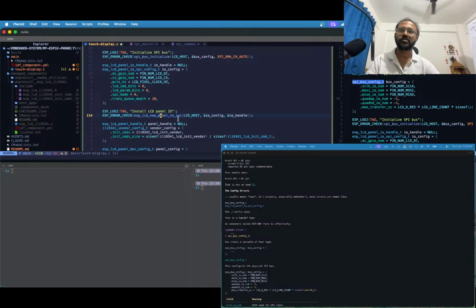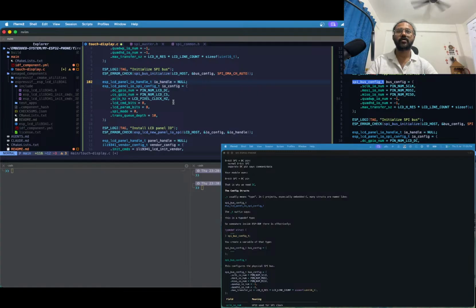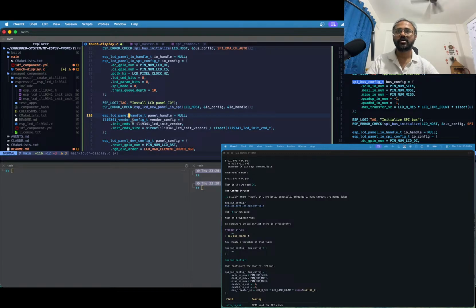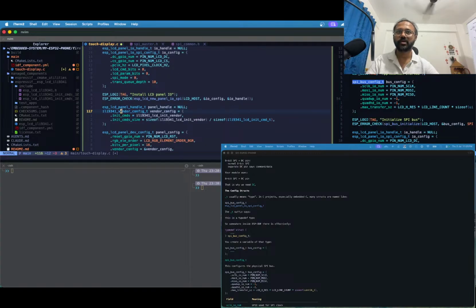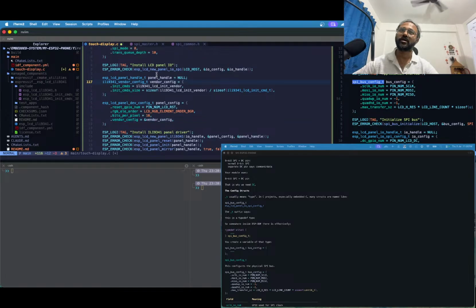ESP LCD new panel IO SPI, इसको हमने दिया this is IO config and IO handle, ESP LCD new panel, okay। तो ये जो कॉन्फ़िगरेशन है इसका हैंडलर है ये, ओके। फिर हमने बनाया है LCD पैनल हैंडल। माय गॉड, देयर सो मेनी थिंग्स हैपनिंग। इसको बोल दिया हमने वेंडर कॉन्फ़िग, एंड देन वी हैव डेव कॉन्फ़िग। इसमें क्या लिखा है हमने? रीसेट पिन, एलिमेंट अलाइनमेंट, और ये वेंडर कॉन्फ़िग। और ये सबको मिला के हमने एक फाइनल हैंडल बनाया,